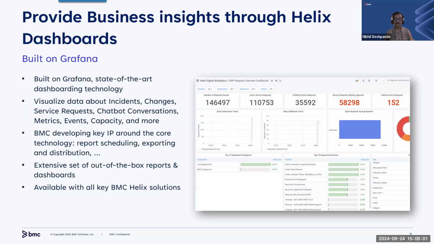They could be in the typical service management or operations management domains like incidents, problems, changes, knowledge, and events, metrics, capacity, and so on. BMC Helix Dashboards allows you to bring these two together. So ServiceOps isn't just limited to other applications. Dashboards is an integral part of it. Also, it's important to note that